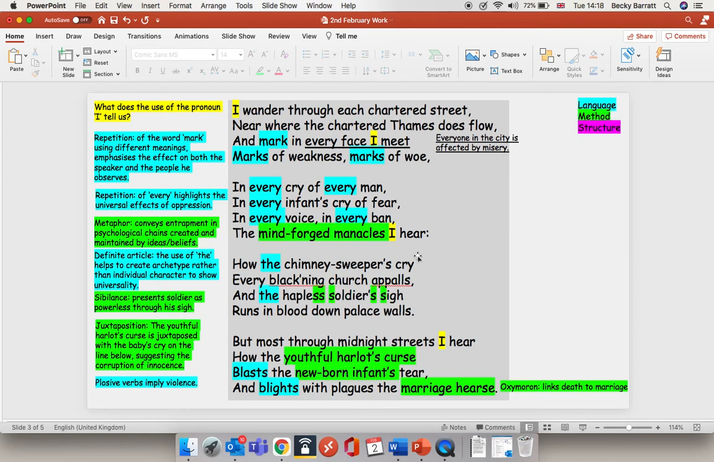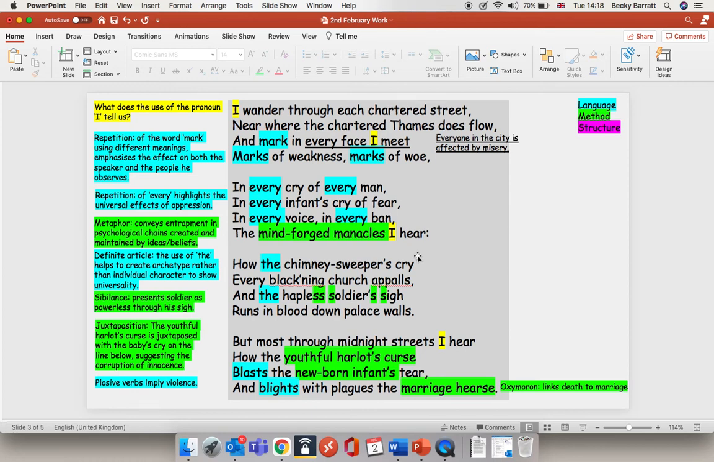And then we'll have a look at the final stanza. Most through midnight streets I hear, how the youthful harlots curse, blast the newborn infant's tear, and blights with plagues the marriage hearse. So the second line of that then, youthful harlot's curse, I've highlighted that along with newborn infant's tear,